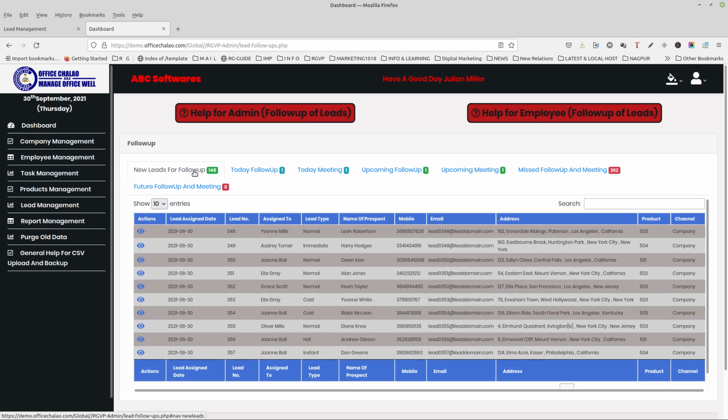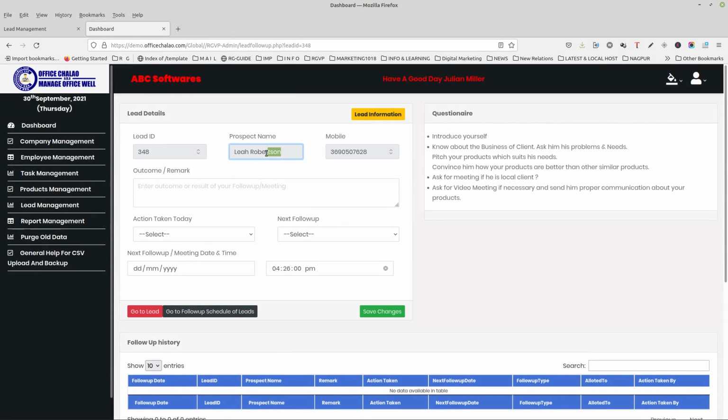Let us go to the new lead section again and take a follow-up on the lead and schedule a follow-up for after 7 days by filling the necessary fields in the follow-up section in the same manner.